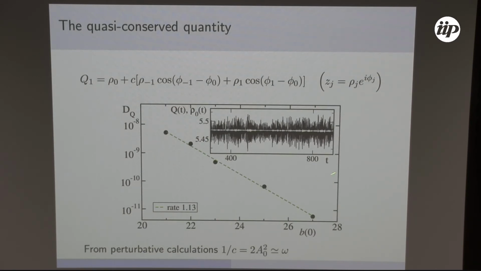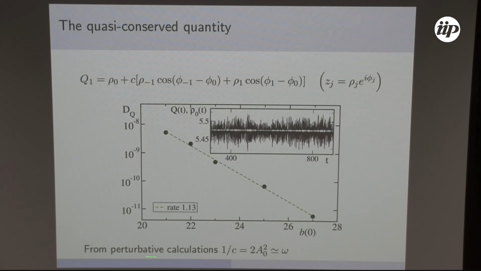And you see that the white points correspond to the evolution of Q1, and they display very much reduced fluctuations. So in our opinion, this could correspond to a sort of adiabatic invariant that is preventing breather relaxation. At the level of the principal component analysis, you find this constant C, which is numerical, but